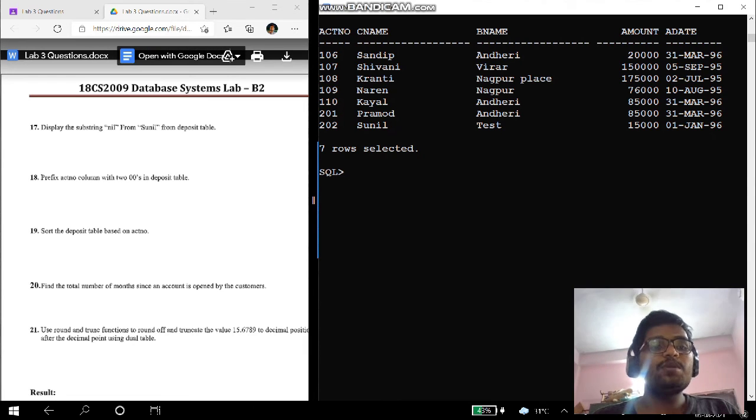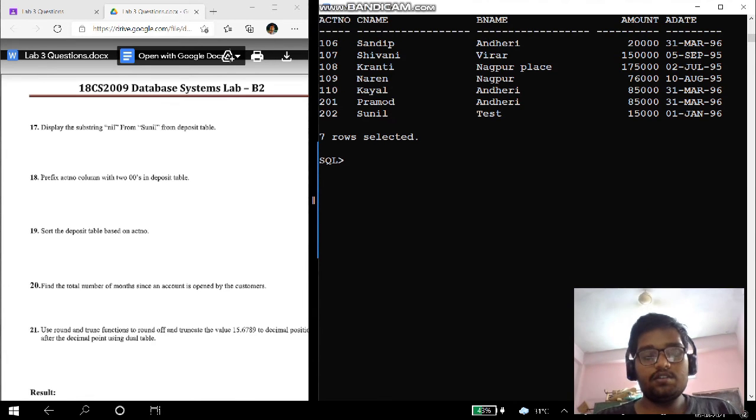Now we are going to display the substring NIL from Sunil from the deposit table. To do that, we have a built-in function, substr, and the parameters for this are the customer name, the attribute name, and the position where to start from. In Sunil, N is at position 3. Let us give 3, and the length we need for NIL is also 3.